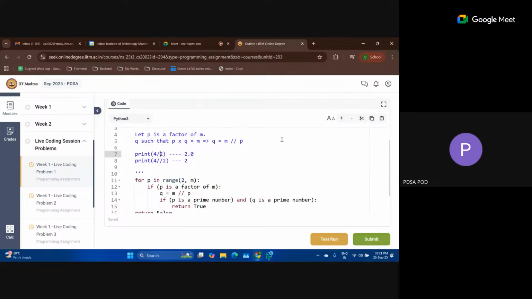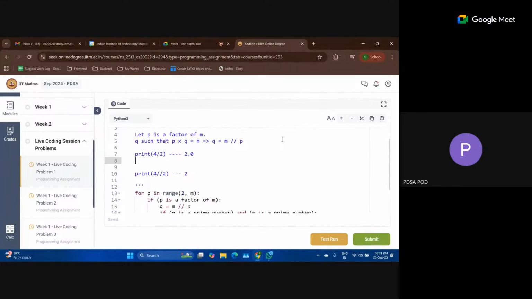The single divide operator will give you a real number when you divide one number by another. For example, if I print 3 divided by 2, it will give me 1.5, because when you divide 3 by 2, the answer is 1.5.